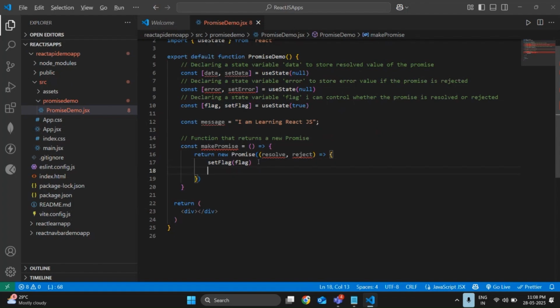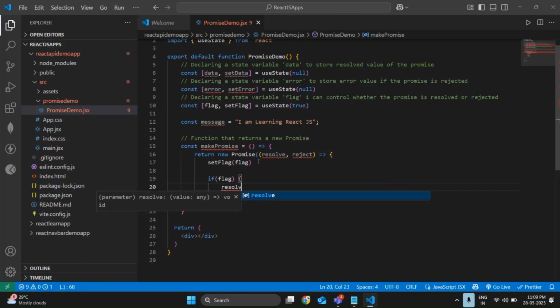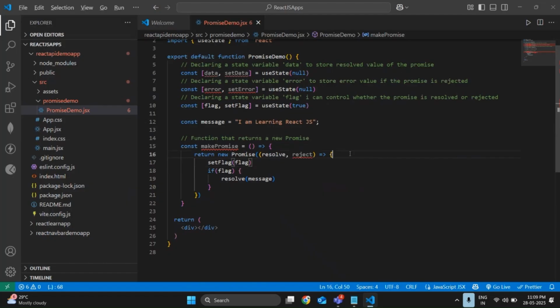Next, if flag, I open braces. If flag, resolve of message. Where is my message variable? Resolve of message. So I have written it very clearly. I set my flag in a true condition. If flag is in a true condition, resolve my message. If flag is not in a true condition, so for that